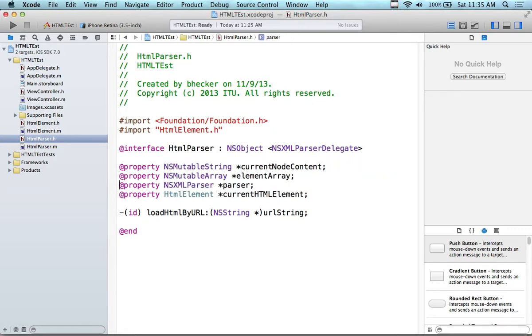Here we have the 4 properties, plus we have the protocol method. So this is in the .h file. This is actually HTML parser.h. So in HTML parser.h, we're putting in the 4 properties and the 1 method prototype for a URL string,